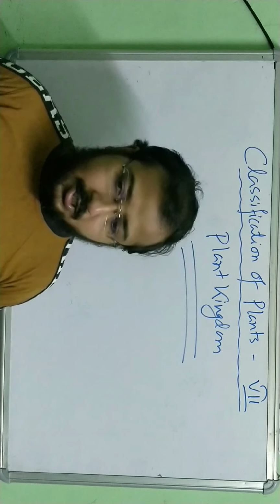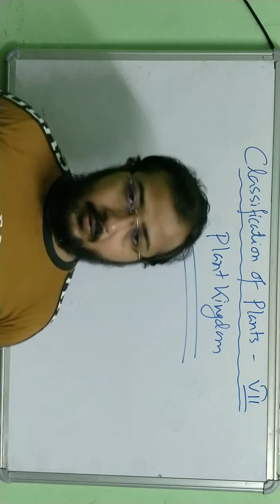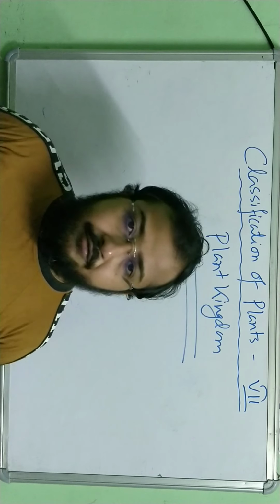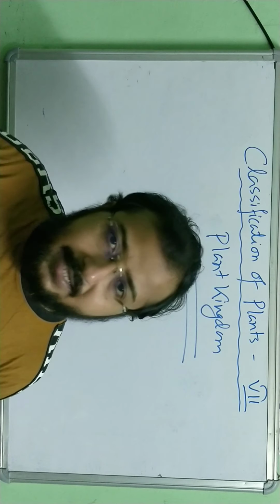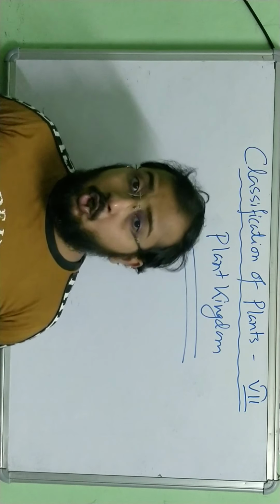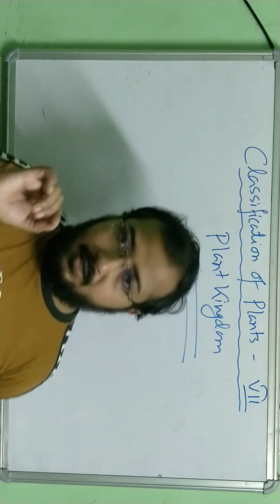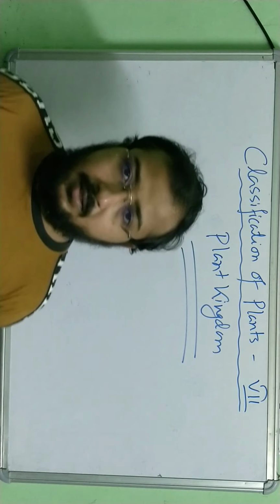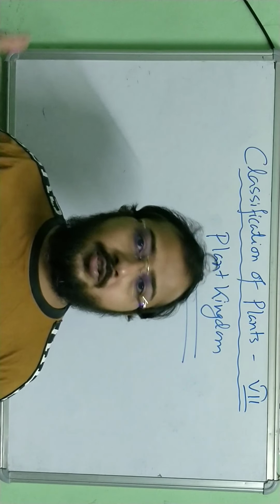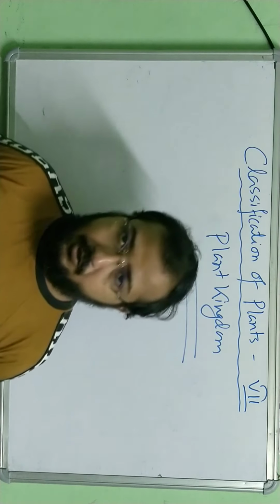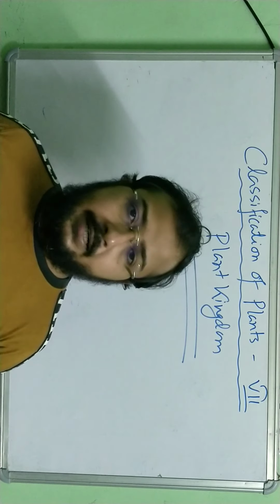They mainly grow on the soil, but they need water for reproduction. They have leaf-like structures, root-like structures and stem-like structures, but not exactly root, leaf or stem. This has to be clear in your mind. They look like this, but they are not technically the root, stem or leaves found in higher plants. Clear?